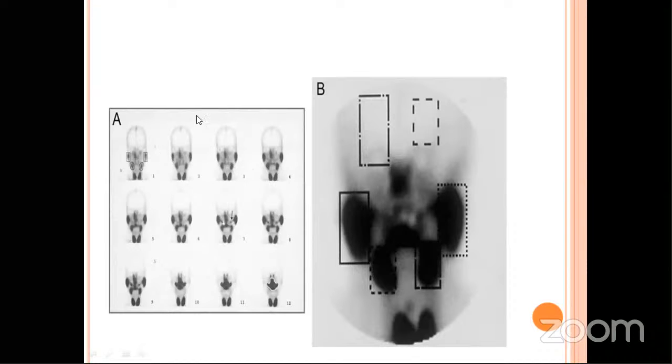Okay, so these are some of the images which are given in standard books like Burkitt, and most of the picture-based images are from the textbooks. So that's why I wanted you to see all these images. Scintigraphy will look like this image. Okay,